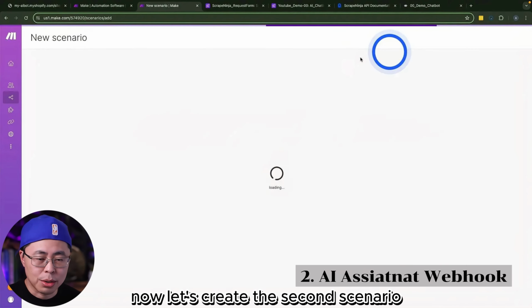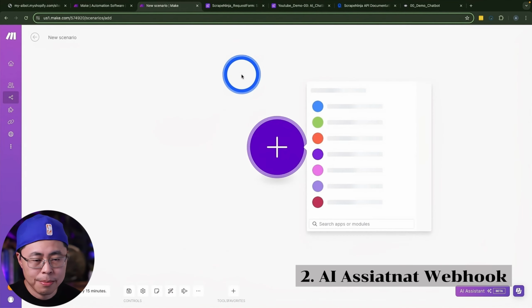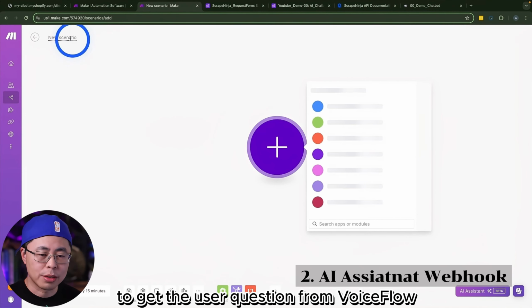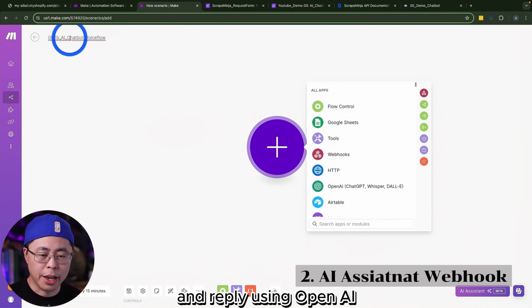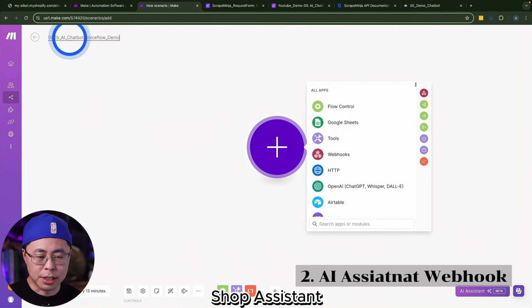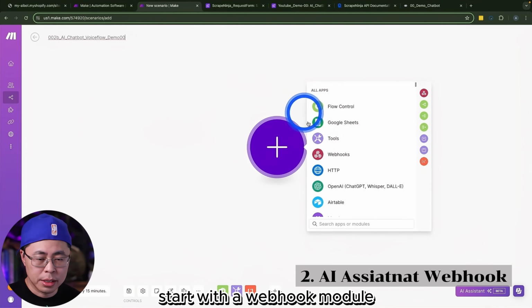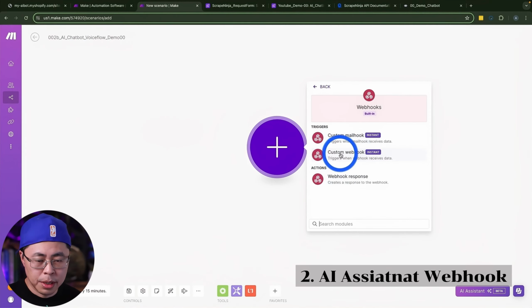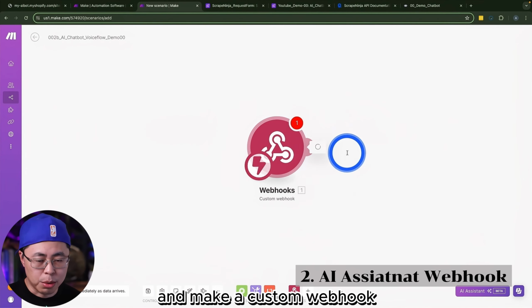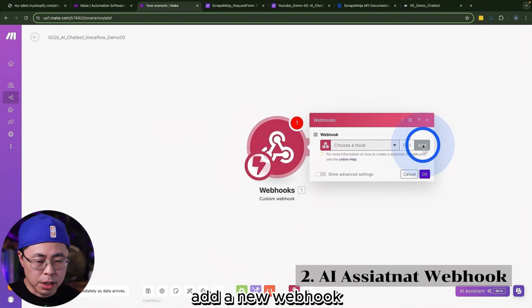Now, let's create the second scenario, to get user questions from Voiceflow and reply using the OpenAI Shop Assistant. Start with a webhook module and make a custom webhook. Add a new webhook,